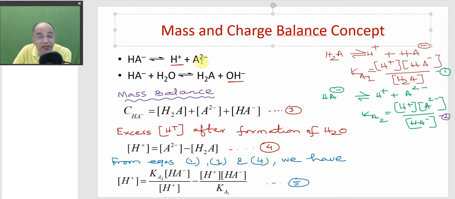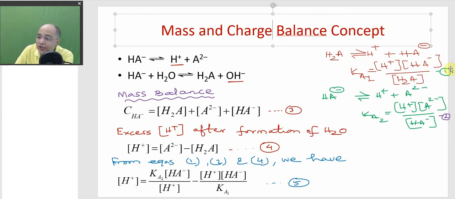So there we are not upsetting the charge balance. Absolutely, whatever excess of H plus ion will remain, the same excess of A2 minus will be there. So there will be a charge balance. So this is the fourth equation. The H plus ion excess, please don't mind, I am taking H plus ion excess, but actually OH minus ion will remain in excess. Don't worry, you will get pH more than 7. So it will automatically prove that OH minus is remaining in excess.